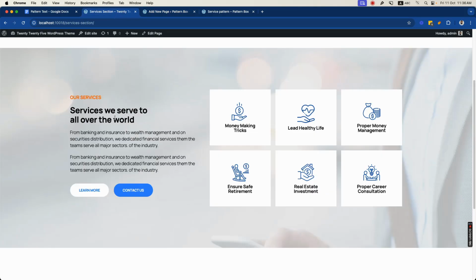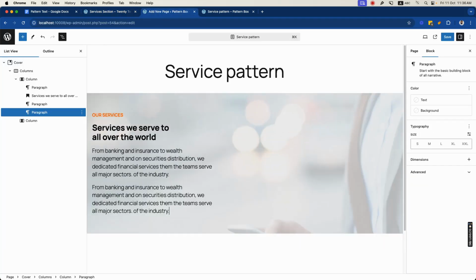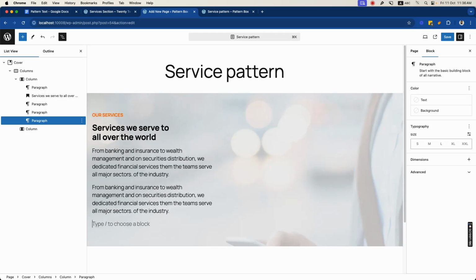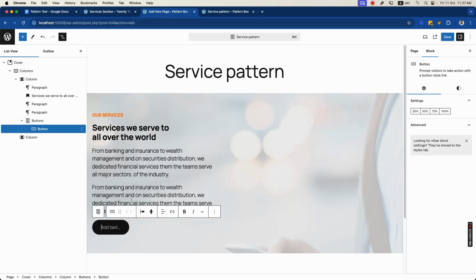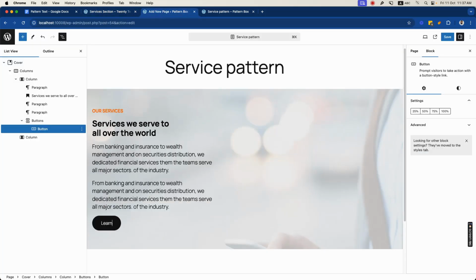We need to add this paragraph, so let's copy the paragraph, and here I will just paste it twice. After that, we need a button block, like these buttons, so I'll just add buttons, and here I will just add learn more and contact us. Learn more. So let's